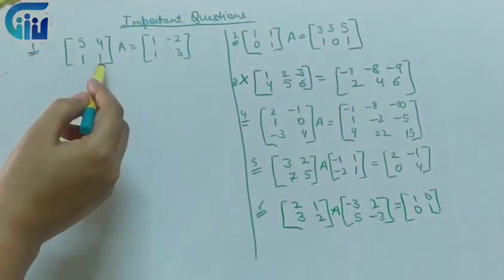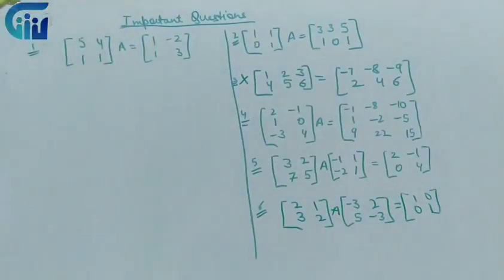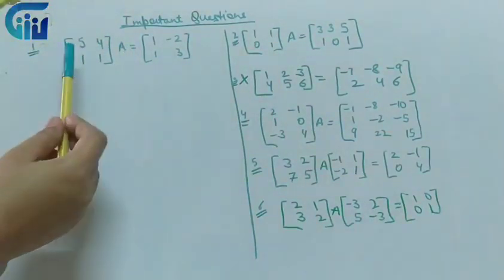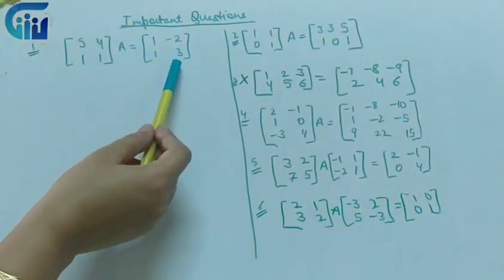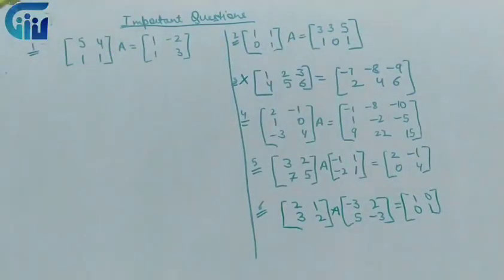We have a square matrix 2 by 2 multiplied with a matrix A such that we are getting some product as a square matrix, which is again a 2 by 2 matrix. Now what we have to do in these questions? We have to find matrix A over here. So what do I observe? This is a 2 by 2 matrix, this is a 2 by 2 matrix. So automatically if I multiply two matrices and I am getting a 2 by 2 matrix, it means A is a 2 by 2 matrix.